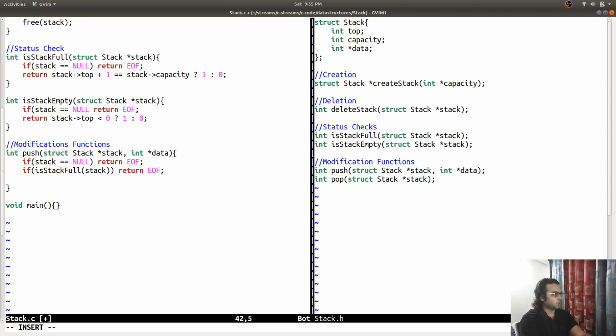If the stack is not full, in that case we are going to go to the memory allocation. I'm saying access that array where all this data is getting stored, the memory block that is storing this data, and increment the stack top pointer, or to make it more readable,